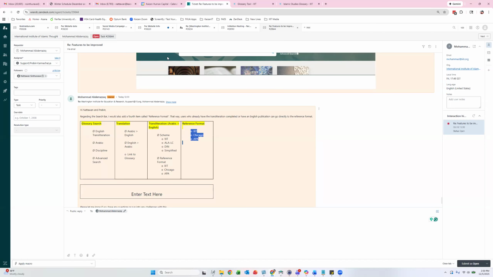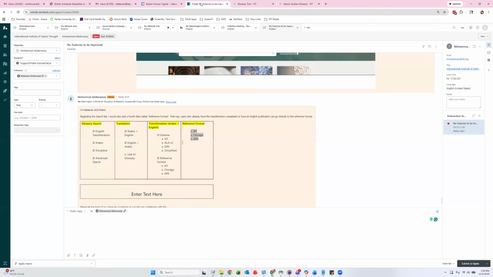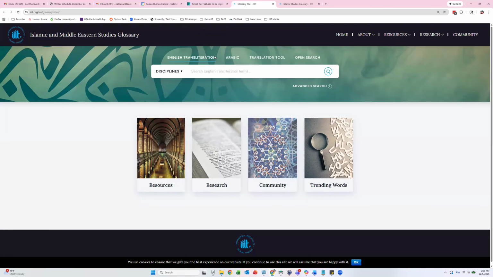So pretend that we have those 4 or 5. When you click the first one, which is glossary search, the English transliteration, which is this one, will